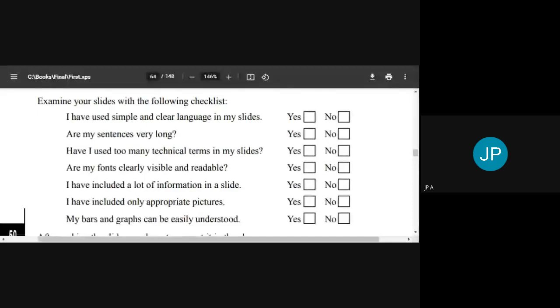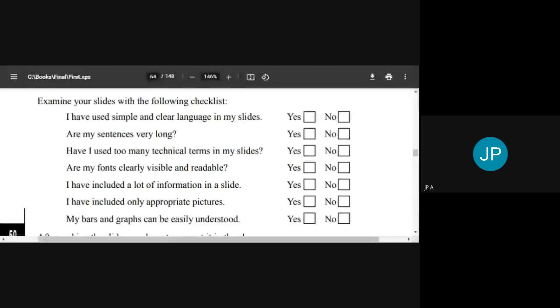So my bars and graphs can be easily understood is yes. Thank you for those responses, Sharmili, Jilsha, Fatima. We should have very simple appearing graphs and charts. Okay, so let us now move on. Now we are going to see some actual slides,